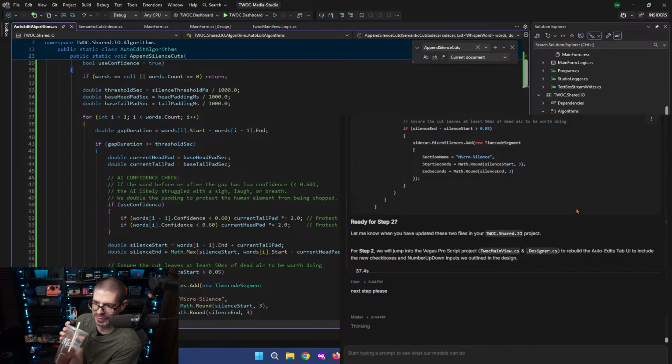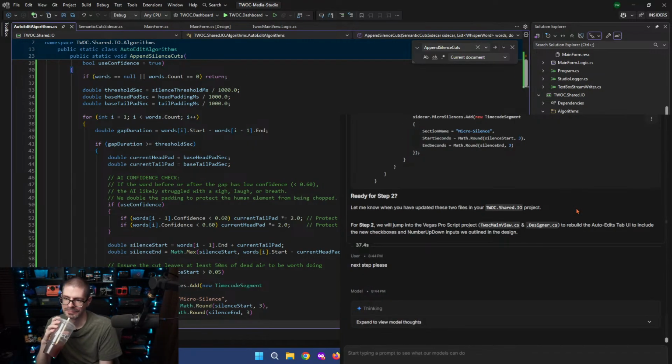I should have told it to not print the whole flipping thing.